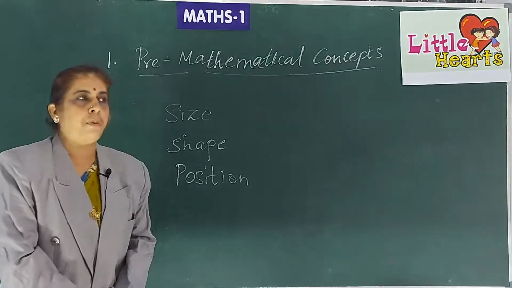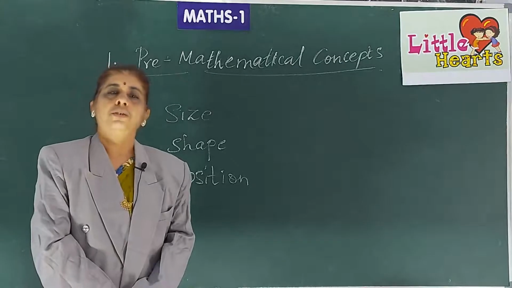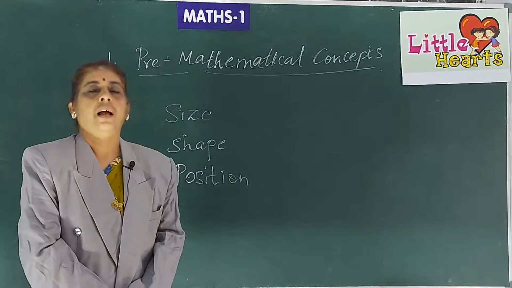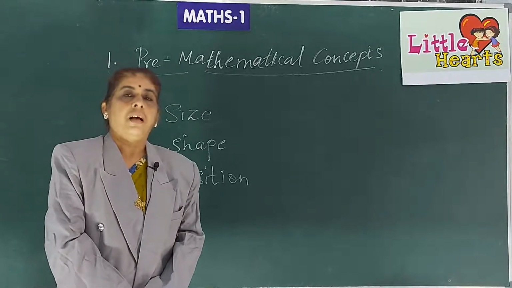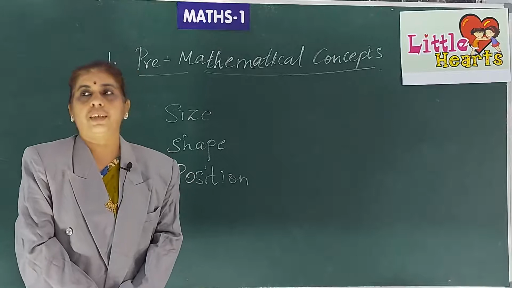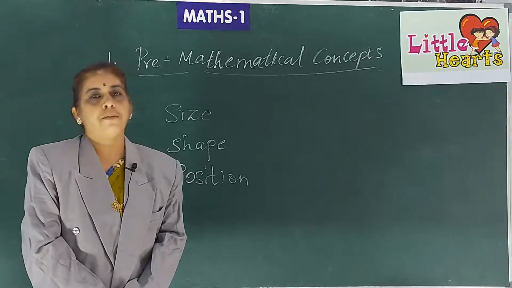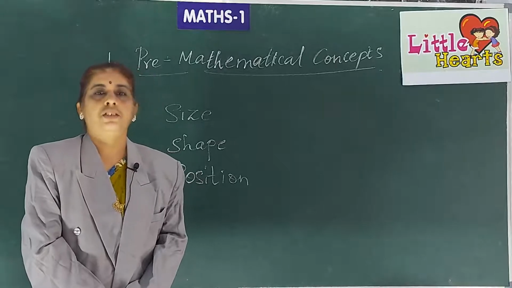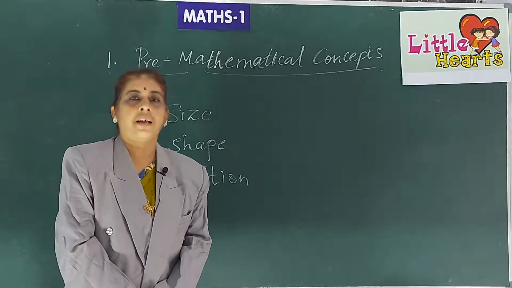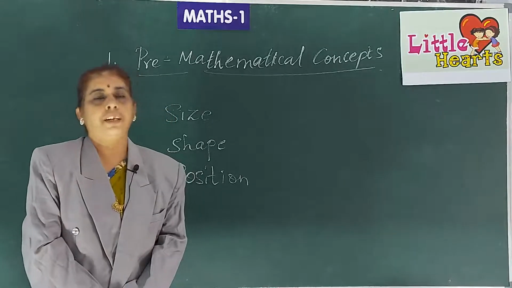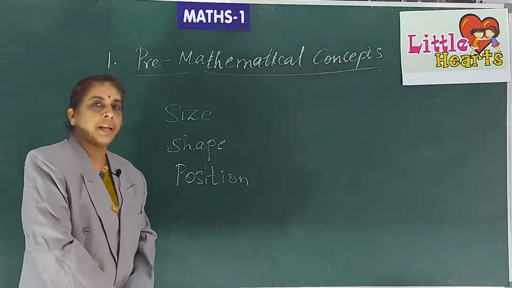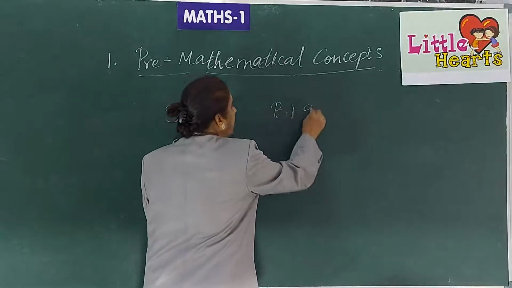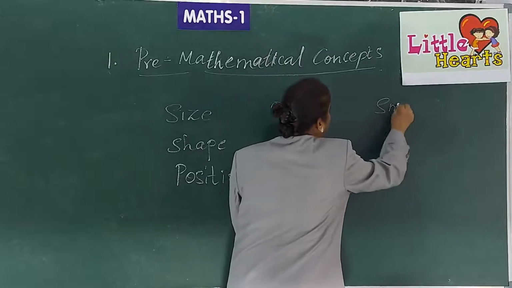Children, what do you play with generally? Children generally play with bat, ball, toys and cars and figures of vegetables, fruits and animals and birds. So they all differ in size, shape. They don't look alike. In the kitchen also you find many vegetables. Some are big, some are small. Tell me the examples of vegetables which are big, which are small.